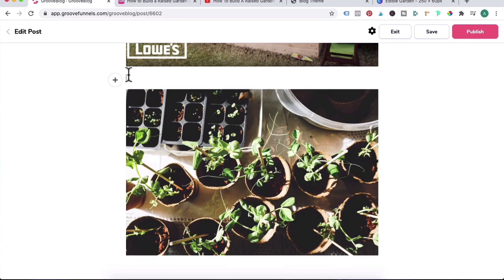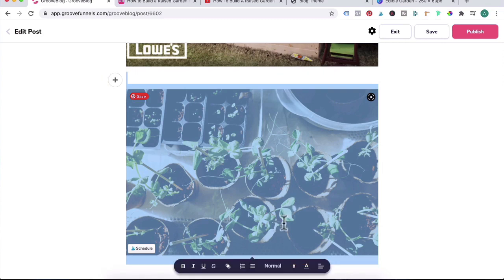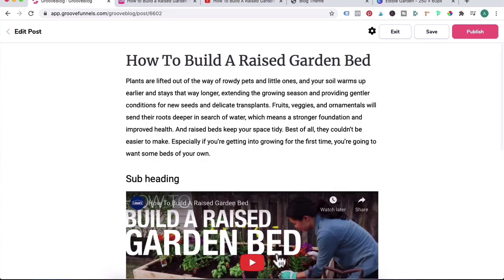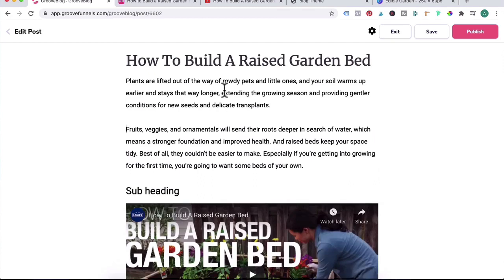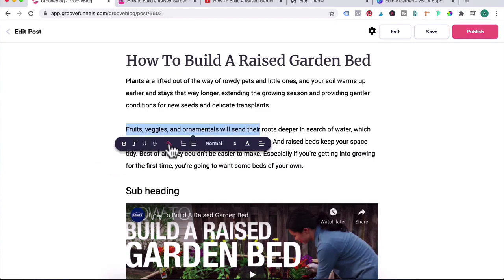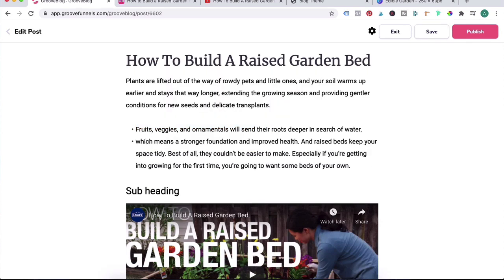Now, in order to hyperlink an image, you would go up here, drag it, and highlight it all. Then this would pop up. This is where you can click on this icon and enter in whichever domain URL that you want and press enter. To format the font further, you can just highlight the font. This will pop up. You can either bold it, italicize, underline it, create a link inside of your post, create bullet points. I love bullet points, and just hit enter, and that will automatically create a bullet point for you.